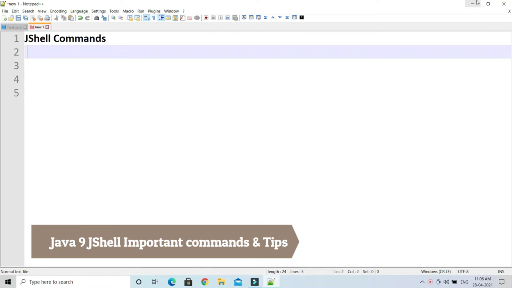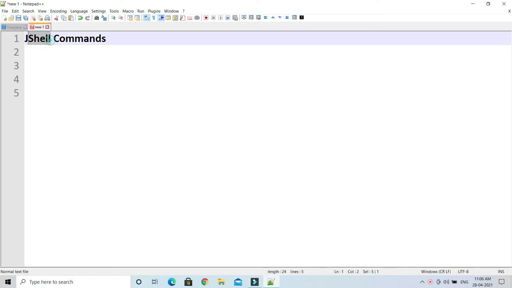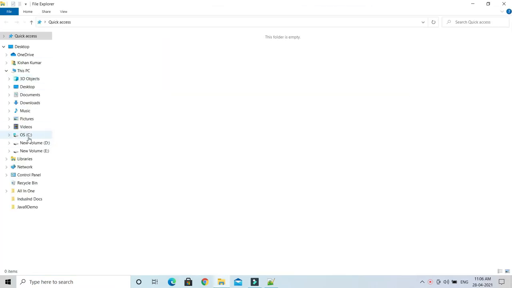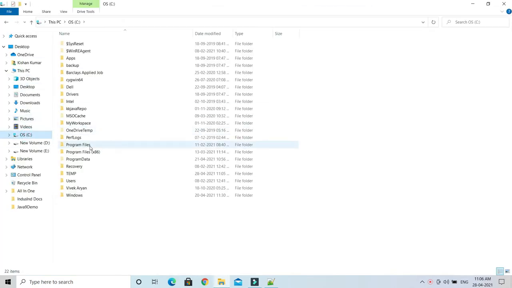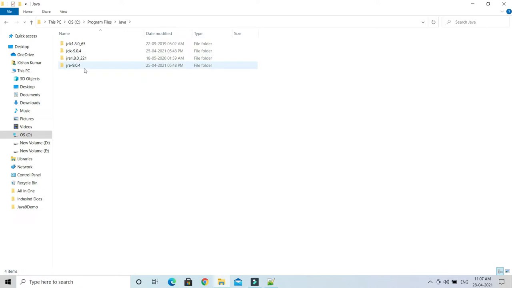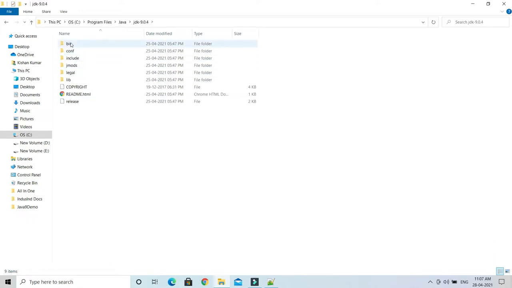First of all, make sure you have installed JDK 9 on your machine to work with JShell. Once you have installed Java 9, go to Program Files, wherever you have installed your JDK, then the Java directory, JDK 9.0.4, and inside that go to the bin folder.